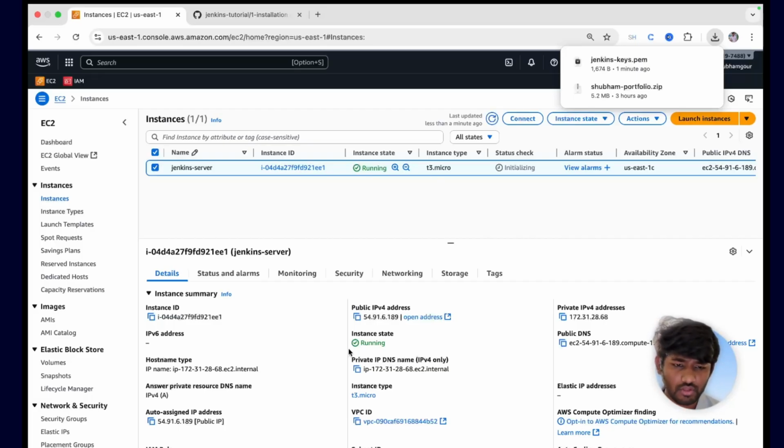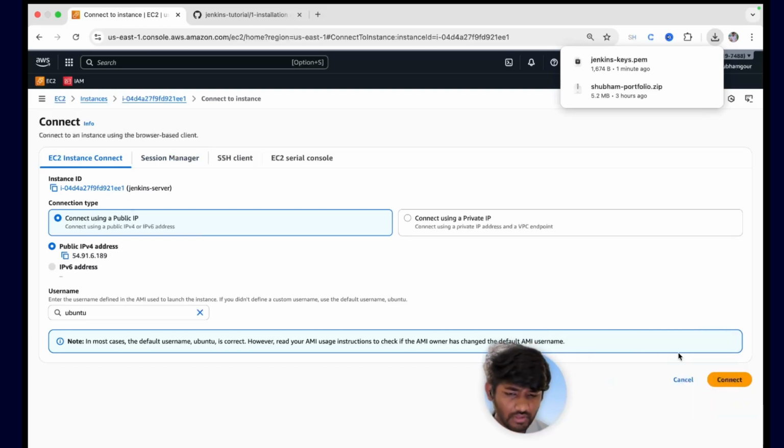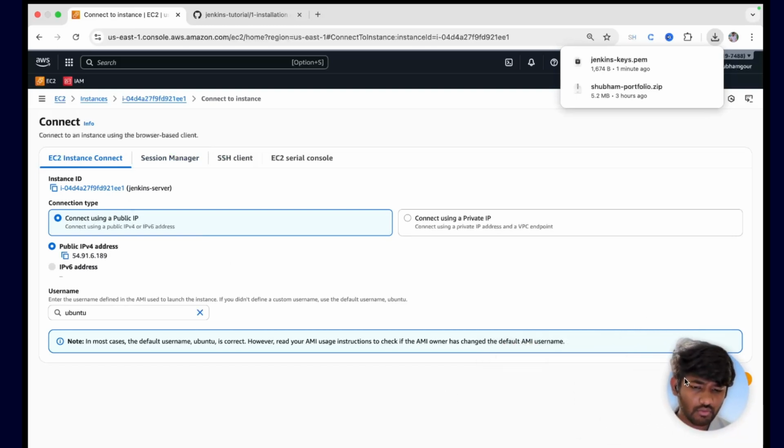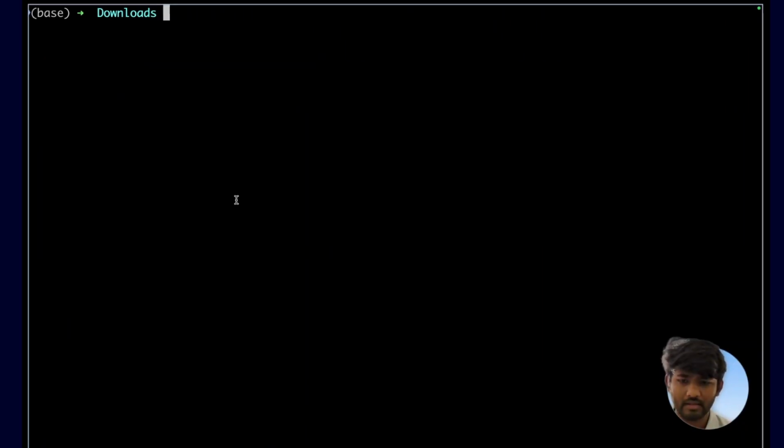Okay. So here we have two options. When you click on connect, there are two options that you can connect to the VM with. First, you can directly connect to the VM with the browser, or second, you can do SSH. Now since we have downloaded the key file, let me click on this SSH key, and here in the terminal